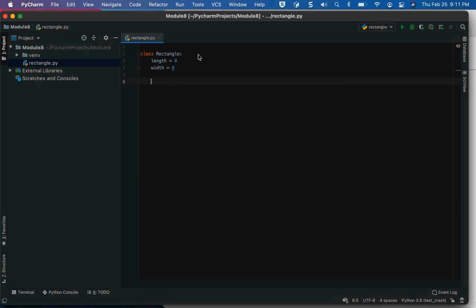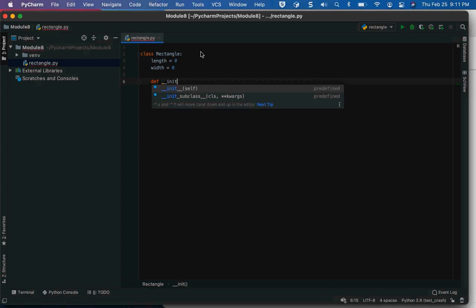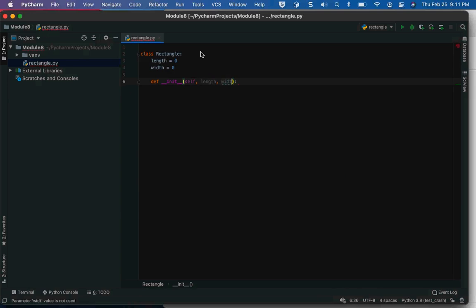And then what we can do is we can define self and let's say length equals, actually this is going to be len, width